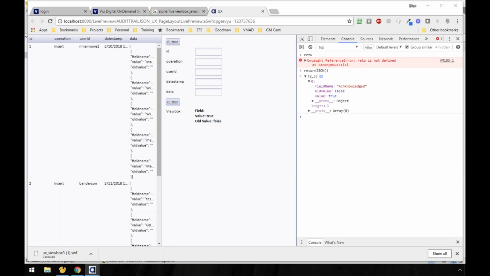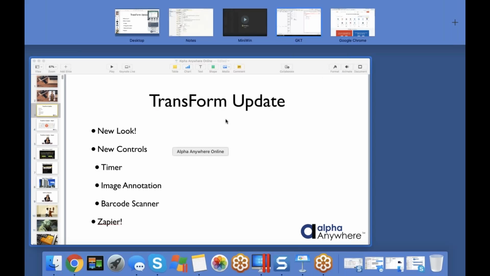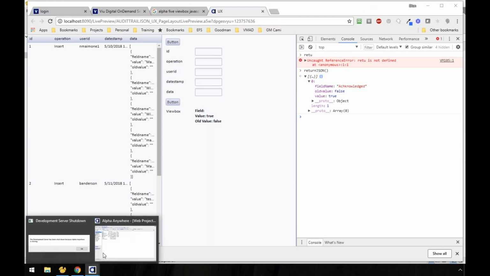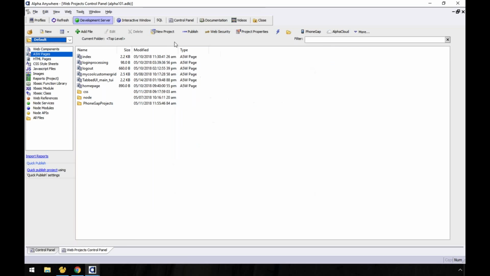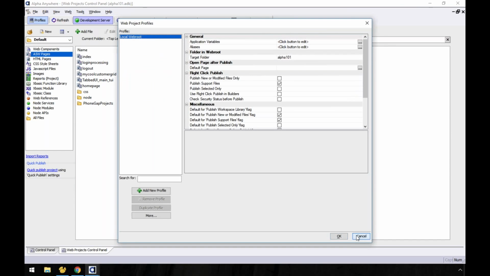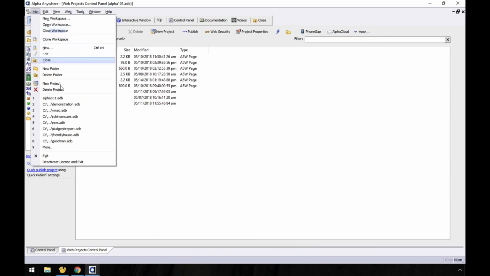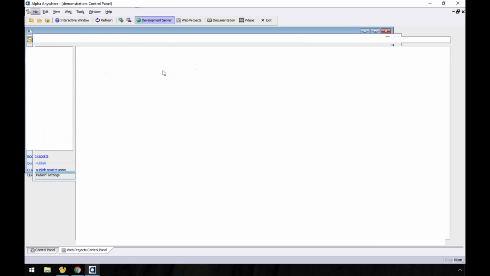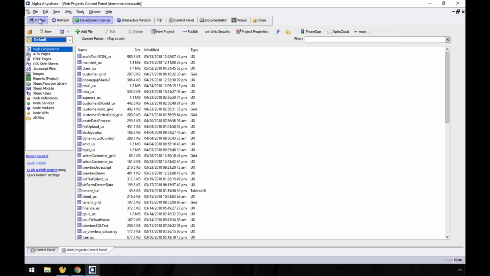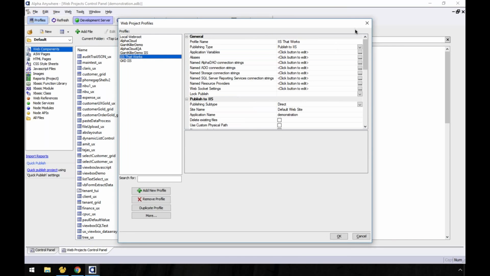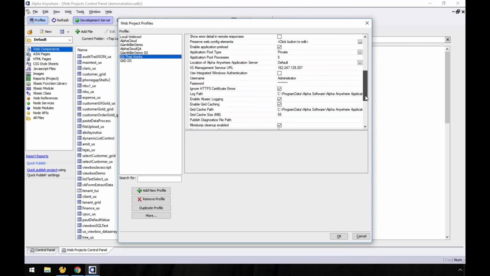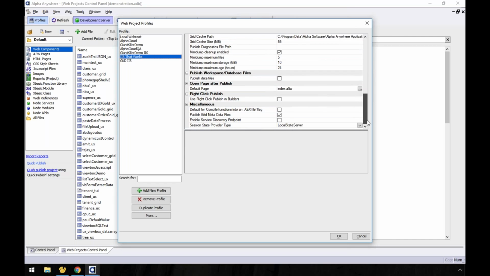With that in mind, though, I apologize, let me get back here. There you go. With that in mind, there are some built-in functions within it. So let me go to my profiles. Oh, that's only there. Let me go to my demonstration profile. Okay. And then I'll open up my profiles. And actually, there's a function that you'll notice, let's see. Yep. Okay. So this is set up for that.